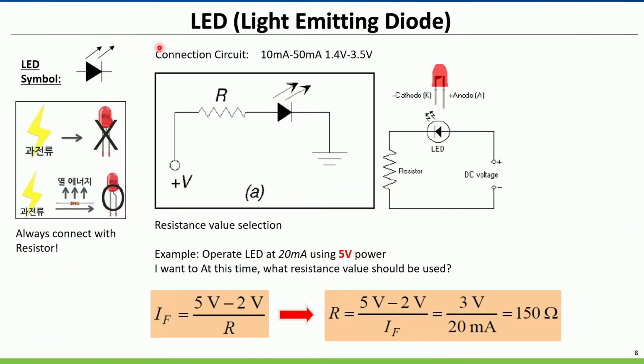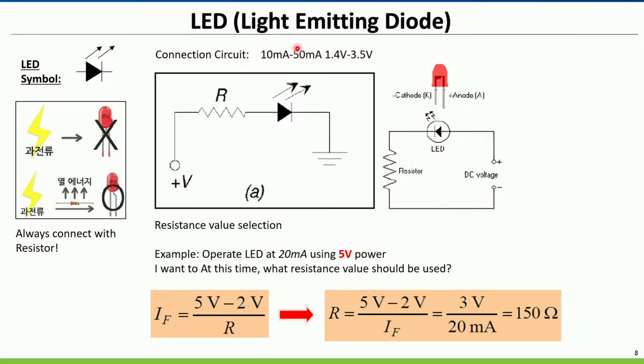And this operation for LED usually requires a low voltage, 1 to 4 volts or 3.5 volts, with limited current, 10 milliampere or 50 milliampere. The connection should be connected in series with a resistor to limit the current. In this case, don't connect the LED directly to the power source. You need a resistor to limit the current